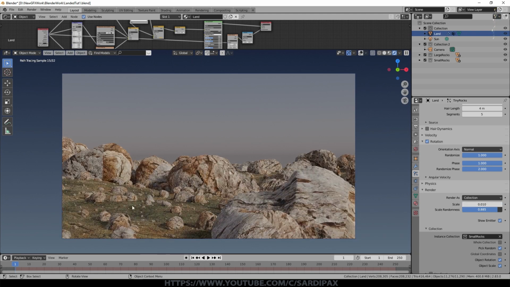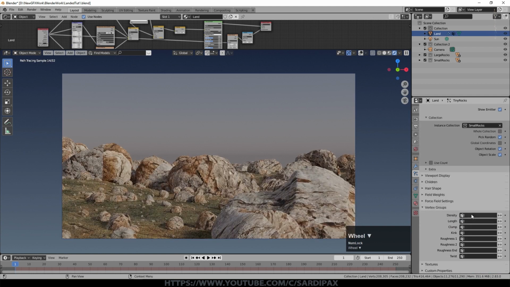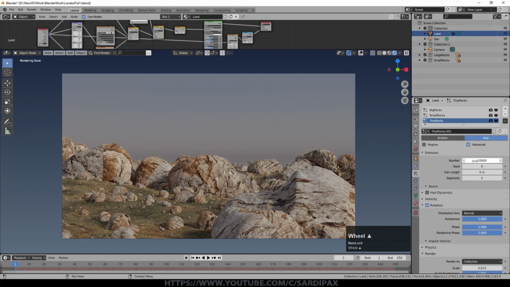And you can see they're little tiny rocks. And we'll go all the way up to 1 on the scale randomness. So we'll have everything from too small to see up to these little tiny fragments here. And now we can afford to have even more of them. But before we do, let's set this density down here. Let's set this vertex group here. And that will increase it because we're limiting where these rocks are, and we'll perhaps go up to 15,000.